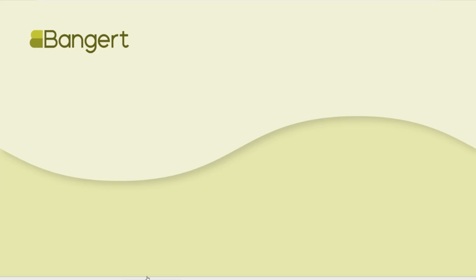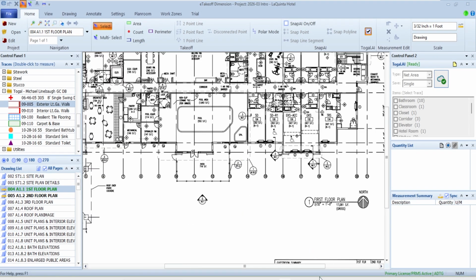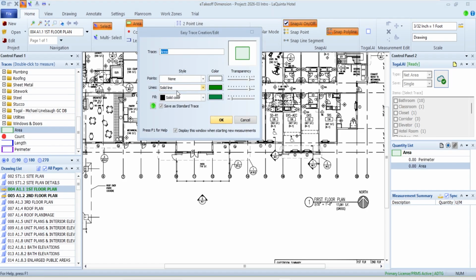I'm going to go ahead and bring eTakeoff back up and the project we were working with in the prior series. And let's just say we're going to do some basic takeoff like we did in the previous one. So I'm just going to use AI to help me here with a snap. I just want to take off the pool and the spall for this first example.